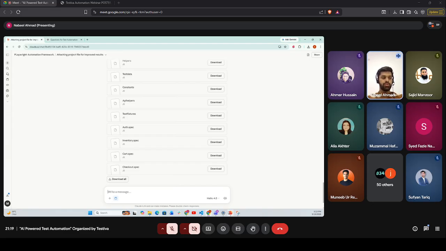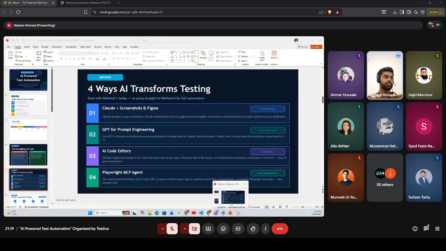So let's move towards the next step, that is, we will be using the Playwright MCP and AI agents inside our editor. In our code editor, we will be using the Playwright MCP with the help of agents and an LLM inside the VS Code editor.